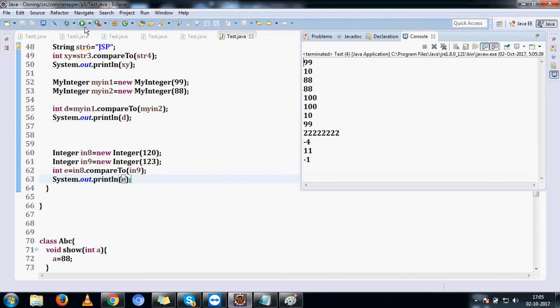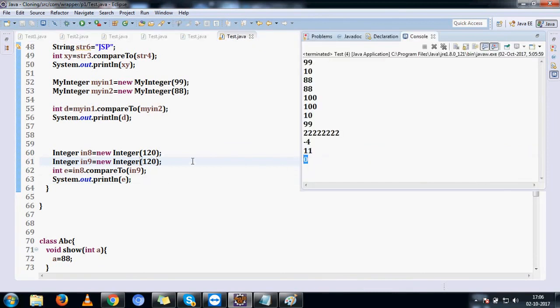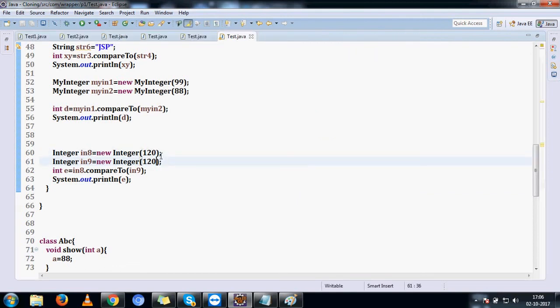The result is -1. The result they have given here, if it is smaller, give -1. If it is greater, give 1. If it is equal, then give 0. For example, here if I give say 0, then the result is same. Then compareTo they have given here 0 only. The result is 0. If this is say 120, 129, something like this. Now say the result is